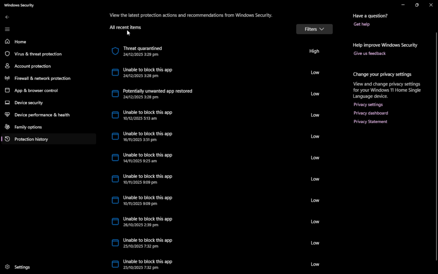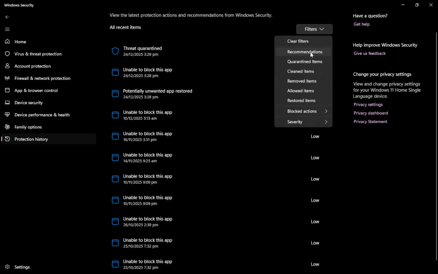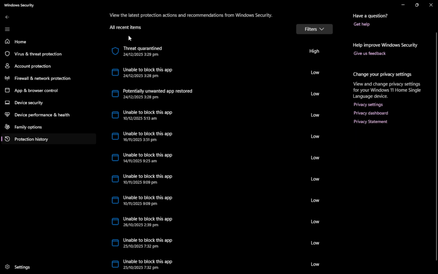Keep in mind, though, that many versions of Windows no longer show a bulk clear button, and even when they do, it might only clear what you see in the interface, not everything stored behind the scenes. If that option isn't there, or it doesn't remove everything, use the manual method to delete Defender's stored protection history